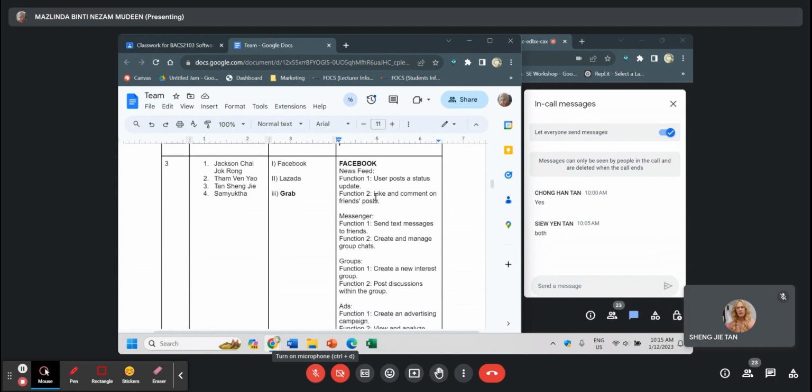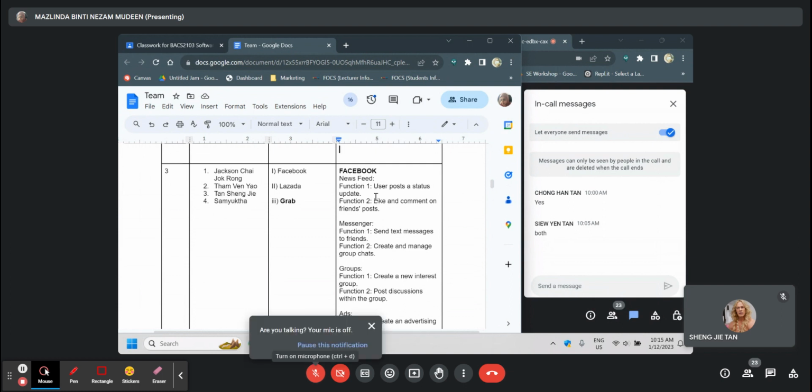For example, this news feed, I don't want to go very detailed. We will decide first, then we will go in detail. Like the first function on the news feed, user posts a status update. How will be my negative test case? Maybe the user posts something not legal. Will the post be successfully done first, and only then be reviewed?